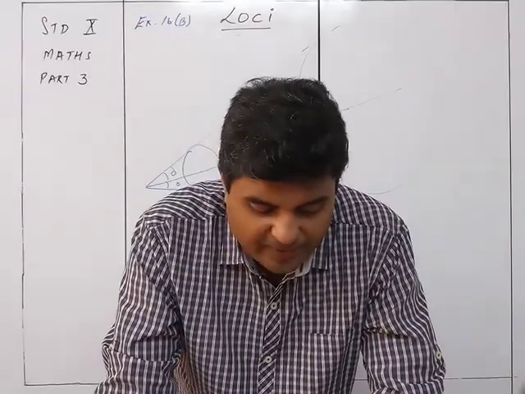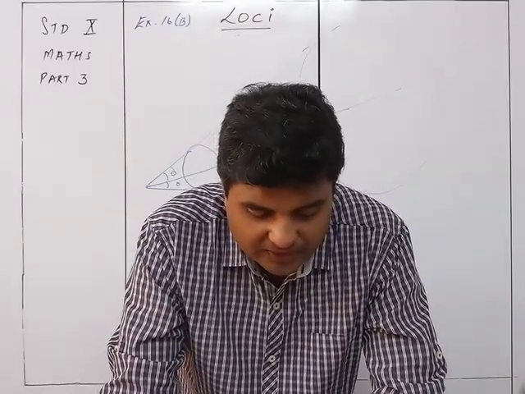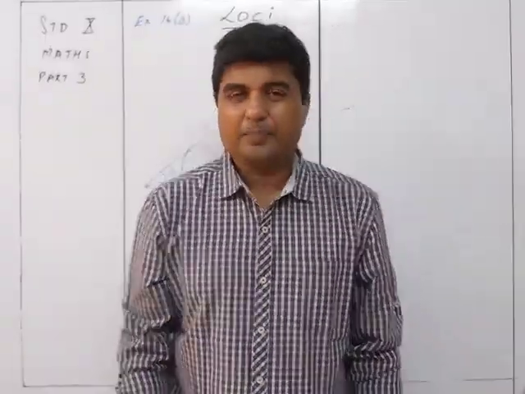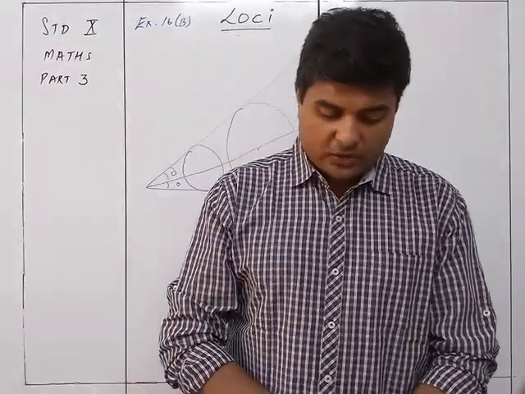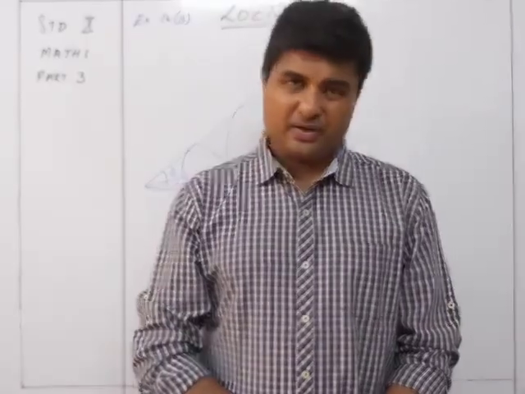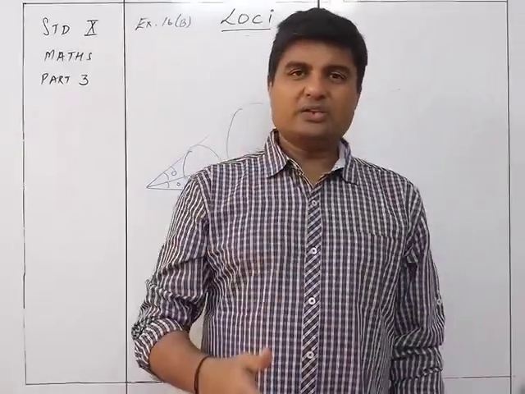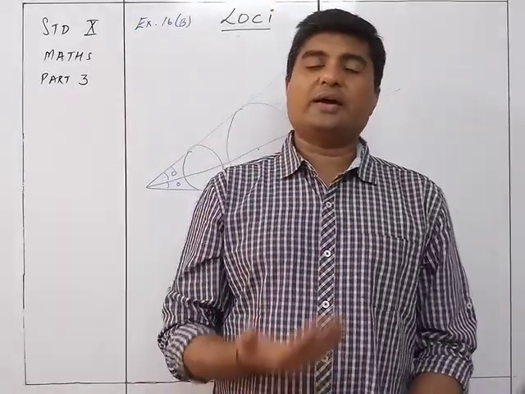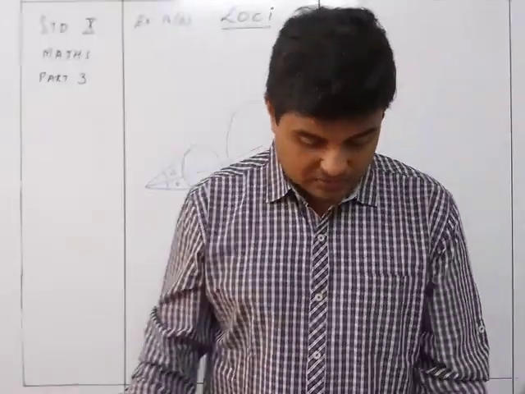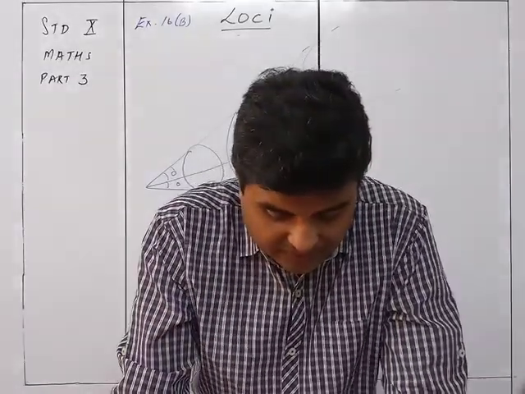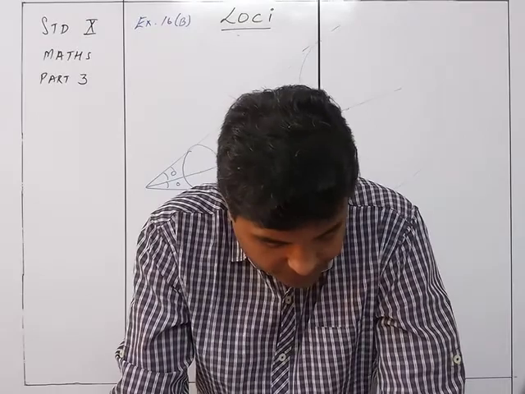The locus of a midpoint of all the chords parallel to the given chord, again midpoint of all the chords parallel to the given chord will be the diameter, of course, because parallel chords अगर रहेगा तो उसका midpoint को join करने वाला क्या रहेगा? Of course the diameter. So that is very easy. So diameter which is perpendicular to the given chord.